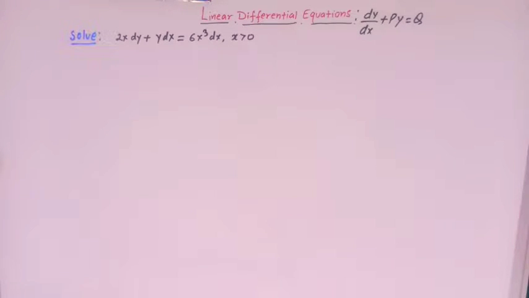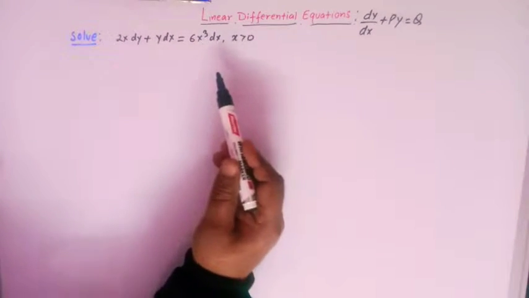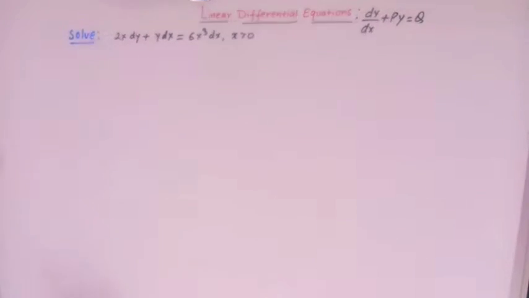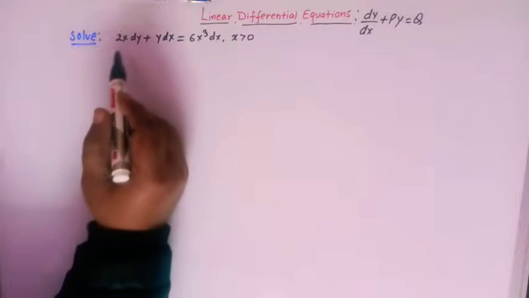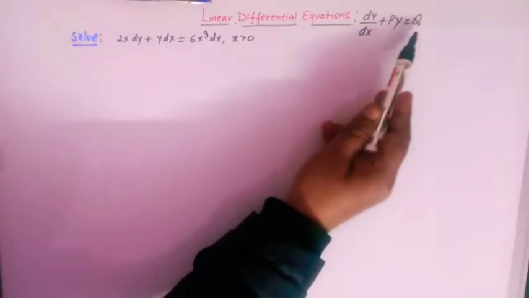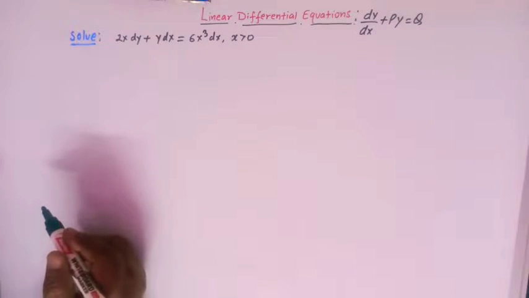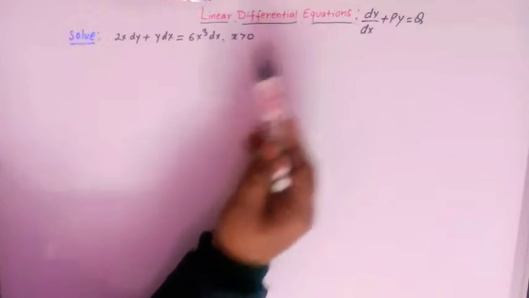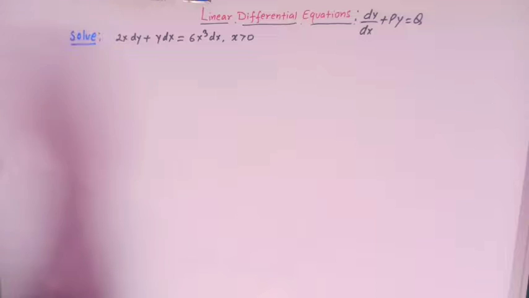Hello viewers, in today's class we are going to discuss one important problem from linear differential equations of this type, that is dy over dx plus py is equal to q. This problem can be solved with the help of the concept of linear differential equation. So let us quickly recall the concept, although we have already discussed it in detail